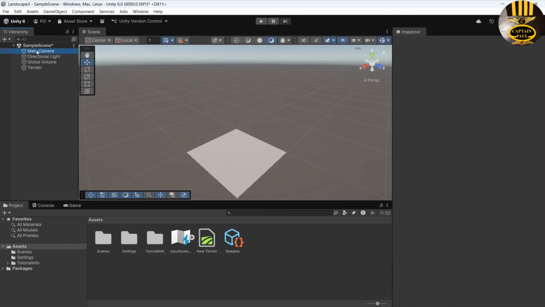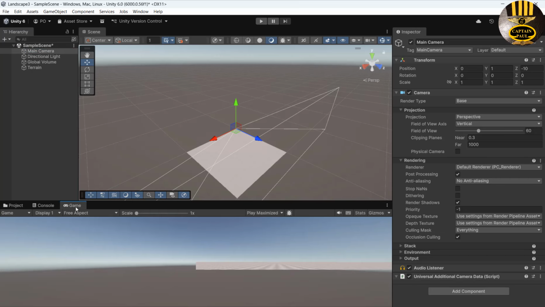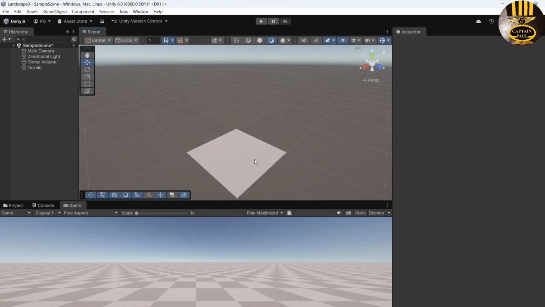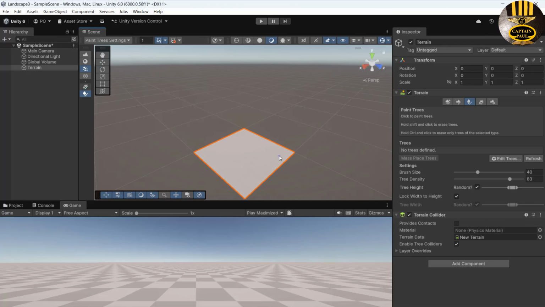So let me select my camera here and I'll click on game. I just want to see how it will look like. That's the terrain here. It's not actually fine, so let's drag it down. I just need pixels. Yeah, that's fine. Okay, now the next thing I'm going to do is make sure this terrain is selected and come straight to